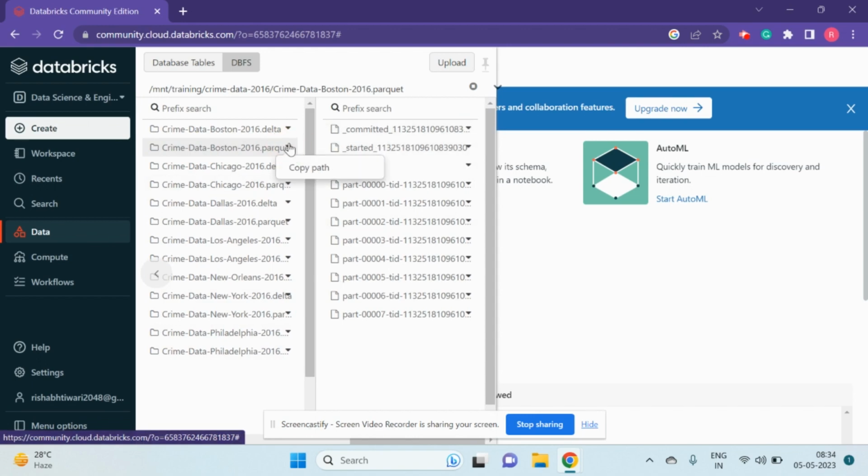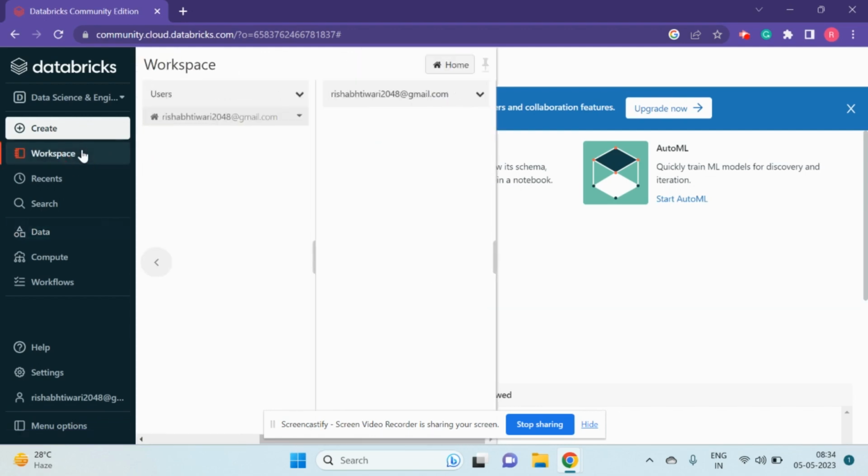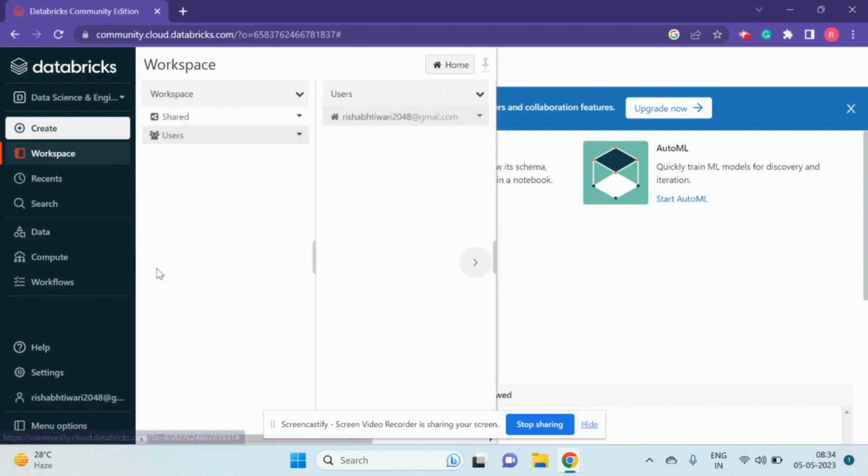What I'm going to do is take a copy of the path. Always use the Spark API format. So copy. I will tell you what the File API format is doing, but let's just stick with the Spark API format for the time being. Then go to Workspace, let me just start from the beginning. Okay, so Users, you will have my